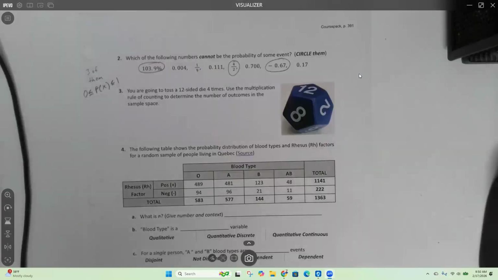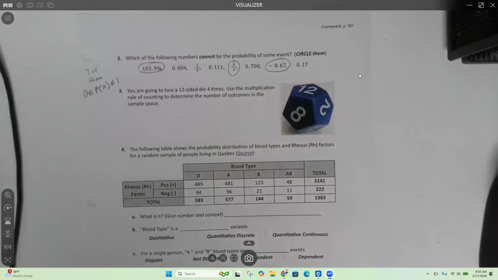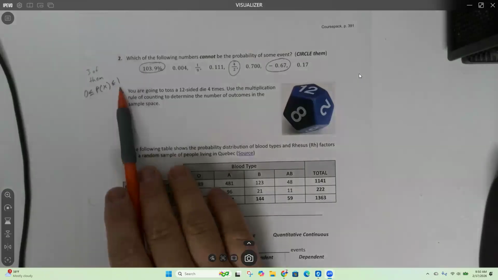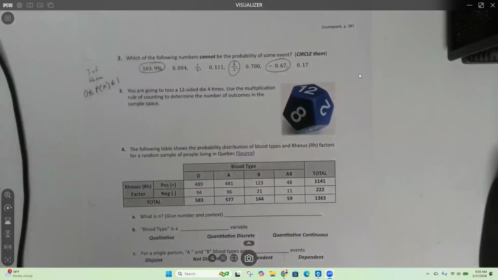No problem, right? So in this class, we're going to be dealing with probabilities and proportions and percents, and those are all interchangeable. Probabilities, proportions, and percents are always going to be between 0 and 1. It can be 0, it can be 1, but it can't go above 1, it can't go below 0. It's kind of like the correlation coefficient, except the correlation coefficient can go below 1. It can be in the negatives, right?